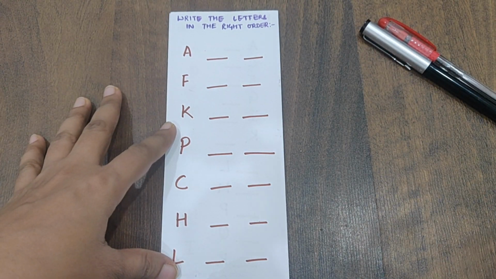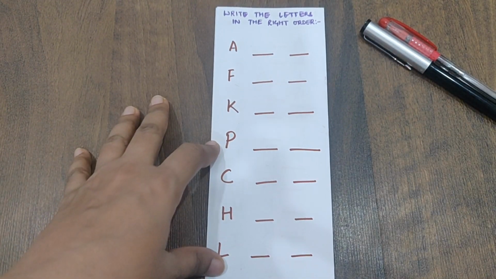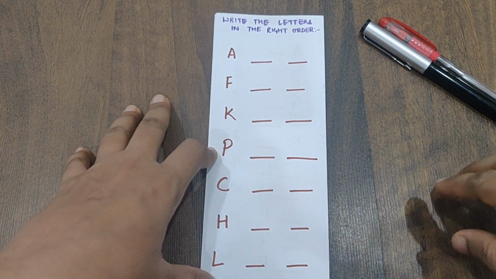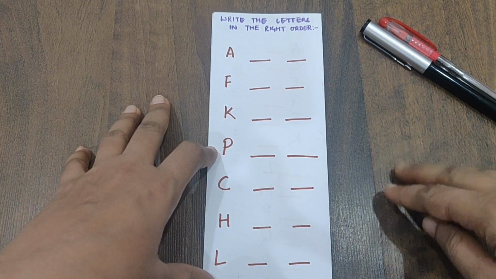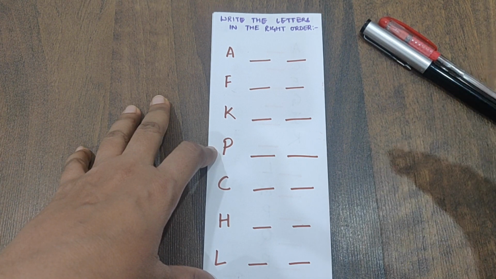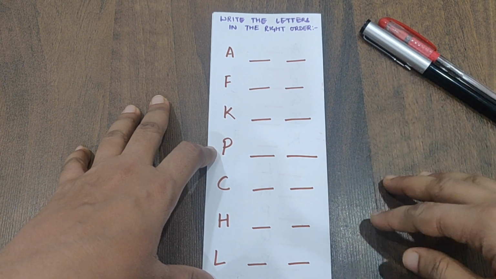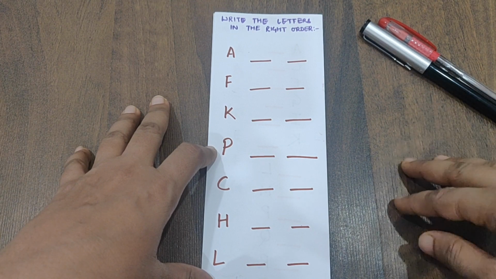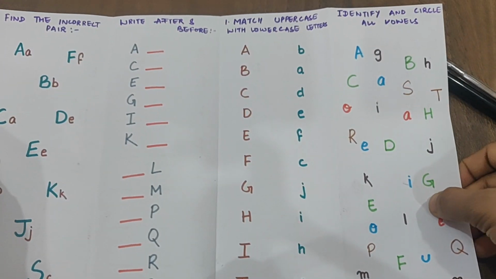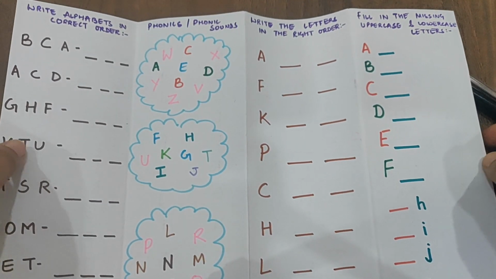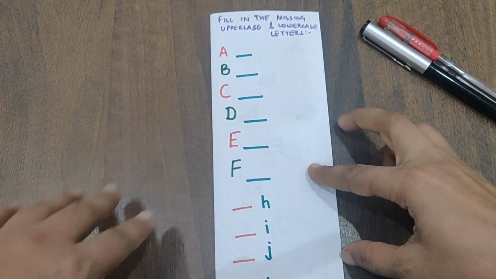Let us begin. If you have seen my earlier videos, you must have seen that I am very much in favor of saving sheets. Why? Because something that you are giving to the children on a daily basis, you should try to save more and have less wastage. So again, there's a combination of 8 DIY worksheets on one single sheet of paper. Different topics are there and 8 different types of worksheets have been covered by me. So let us start without any further delay.